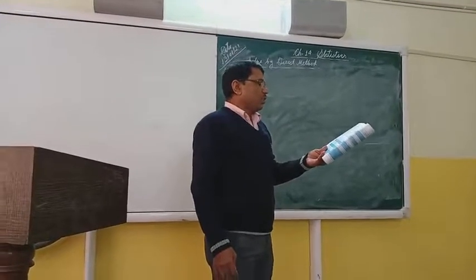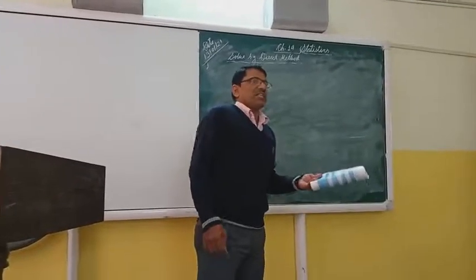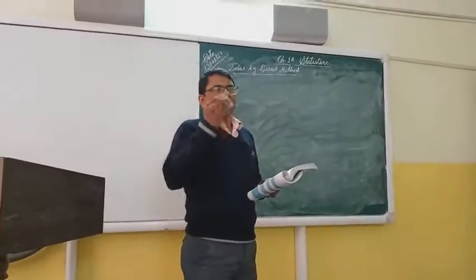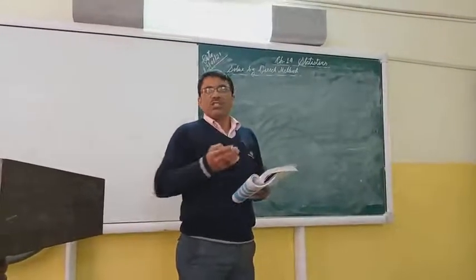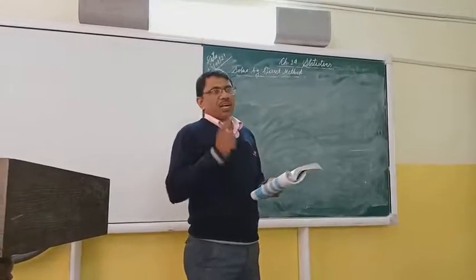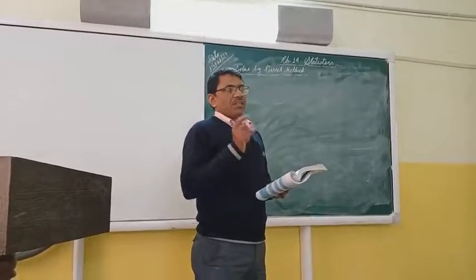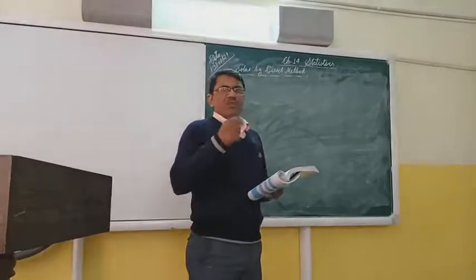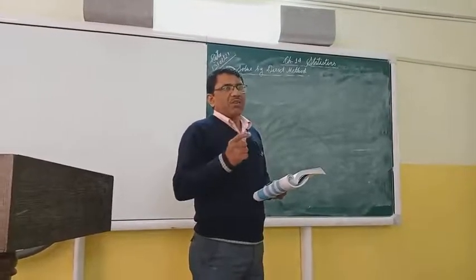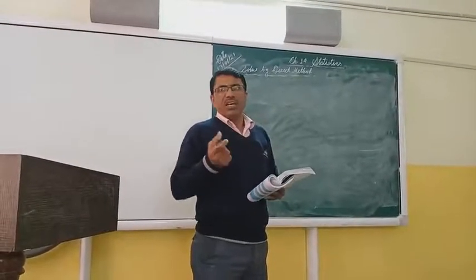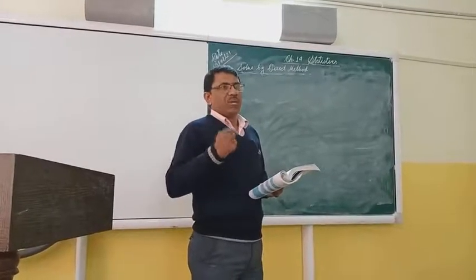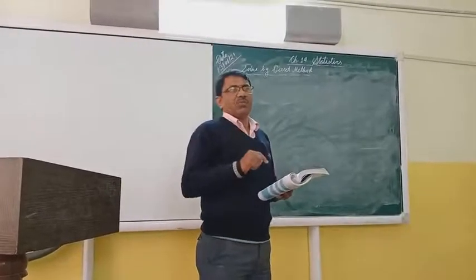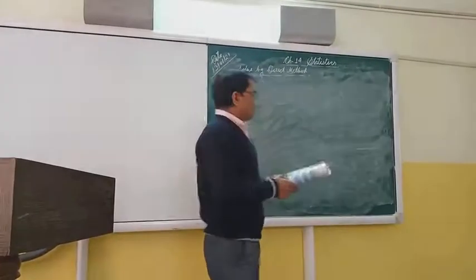Which method did you use for finding the mean and why? Which method are we going to use? No method is written here, so it is your own choice which method you will select. I told you in the beginning, if the numbers given are small, we shall use the direct method. It is more favorable than other methods. And if the numbers are bigger, like 235, 245, 544, 444, it is difficult to multiply, so at that time we shall use the shortcut or step deviation method. So now see the question, students.